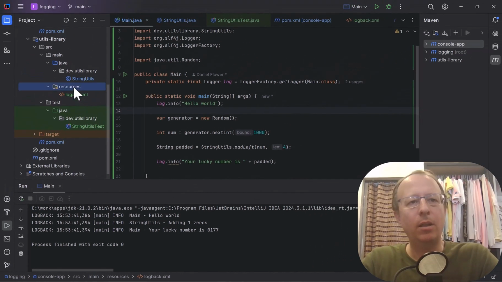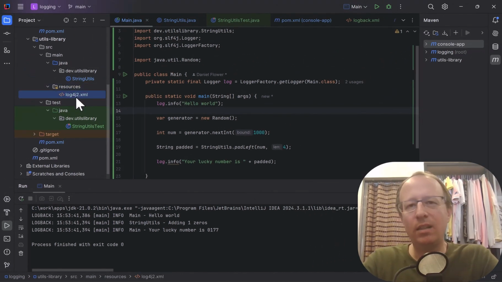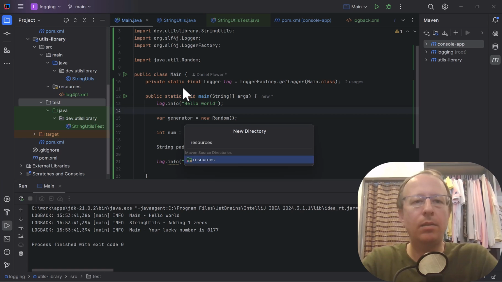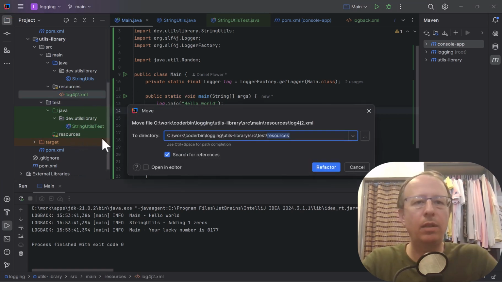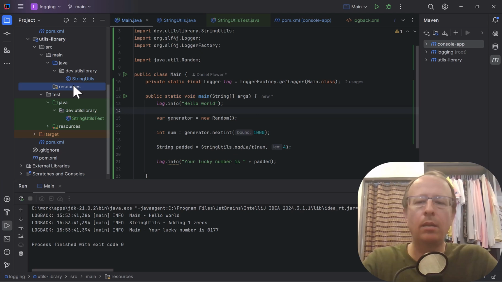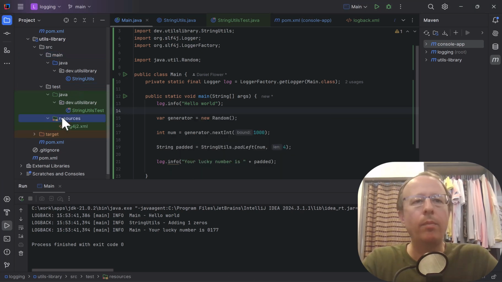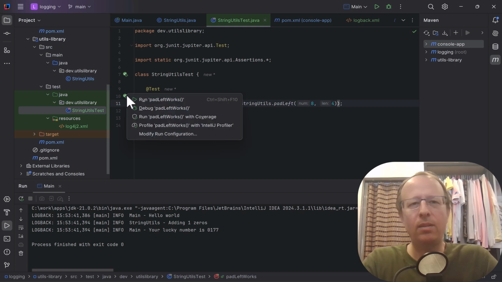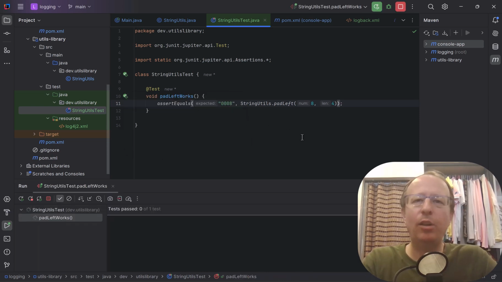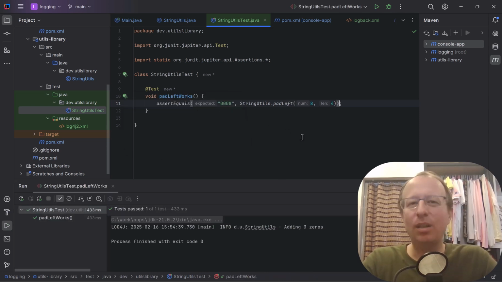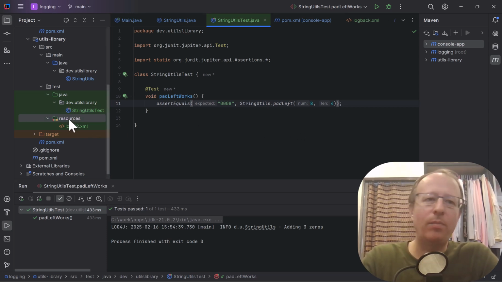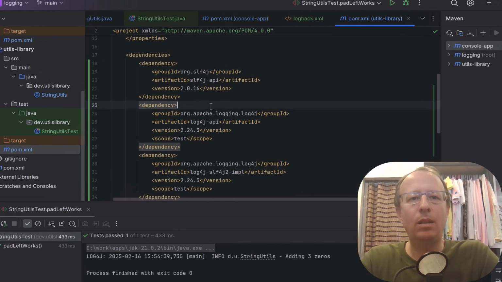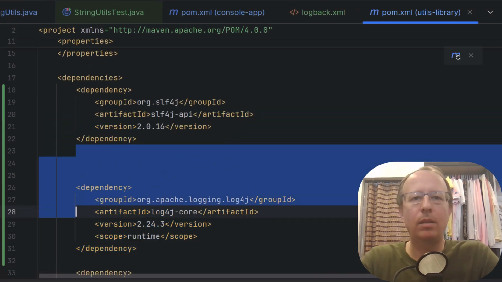So there's one other thing to note, is we still have this log4j XML file as part of our dependency, which we should not include in our library. So one option is we add a test resources directory and move this here. But I actually feel using something like log4j or logback for a library is often a bit overkill. Instead, we can use a very simple implementation, which is great for tests. So we can delete our config, we can delete all the log4j dependencies, including that one.